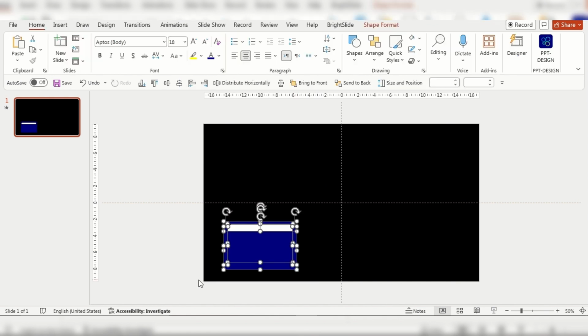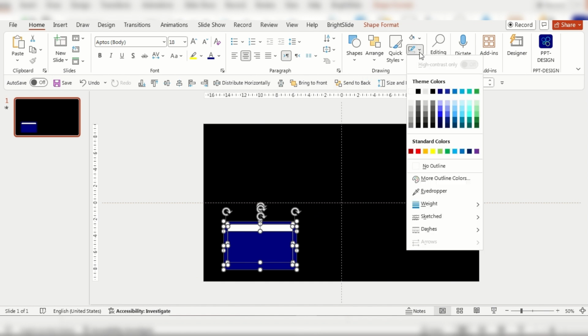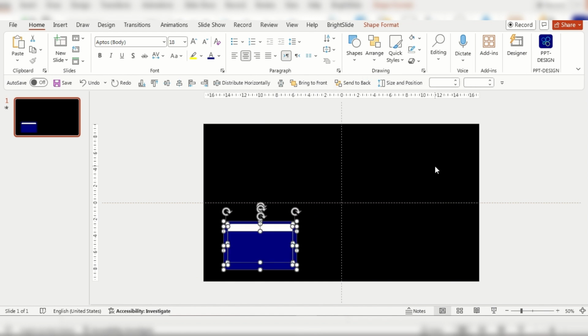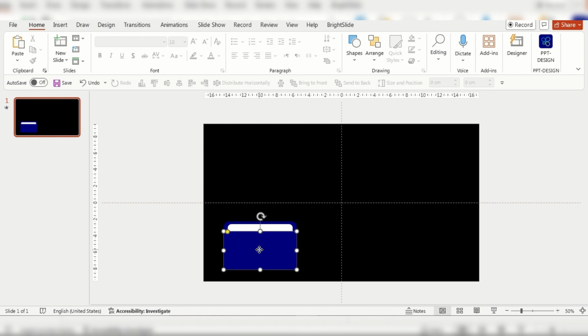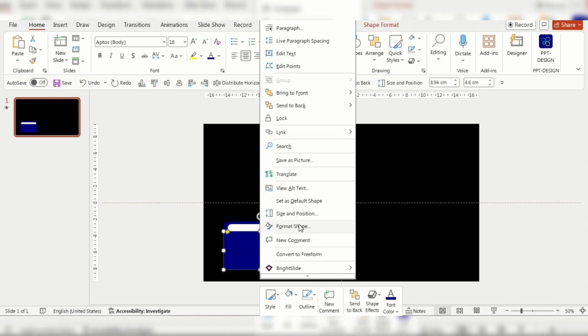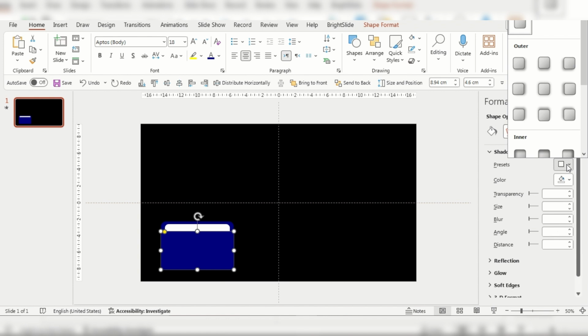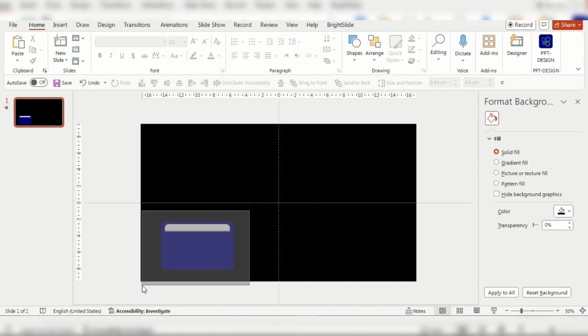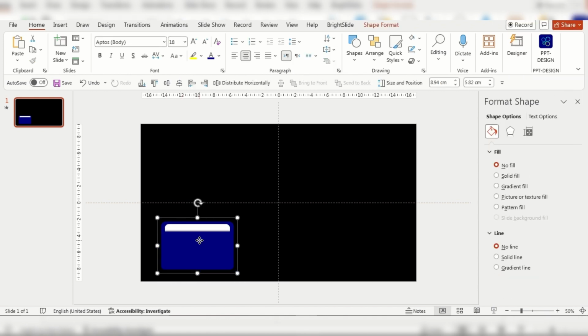Now select everything and from Shape Outline choose No Outline. Select your front rectangle, right-click and choose Format Shape. And from the Effects tab, choose an outer shadow like this to give it some depth. Now select everything and hit Ctrl G